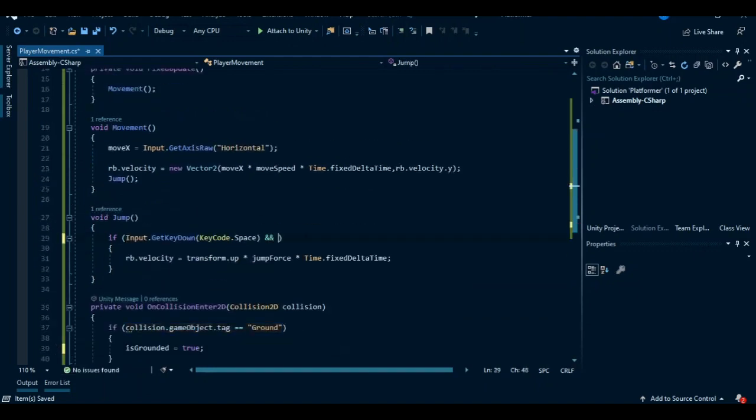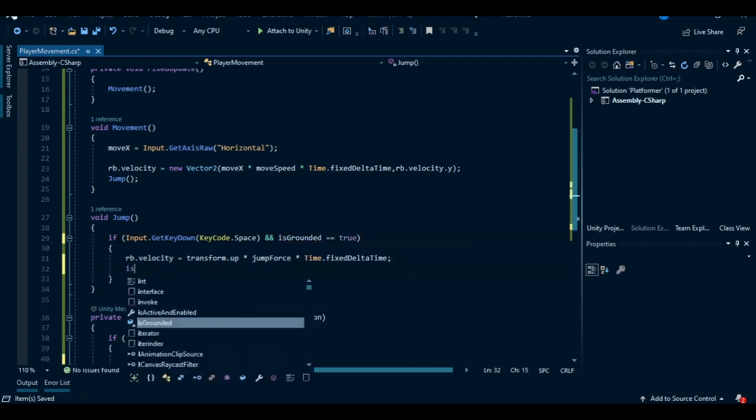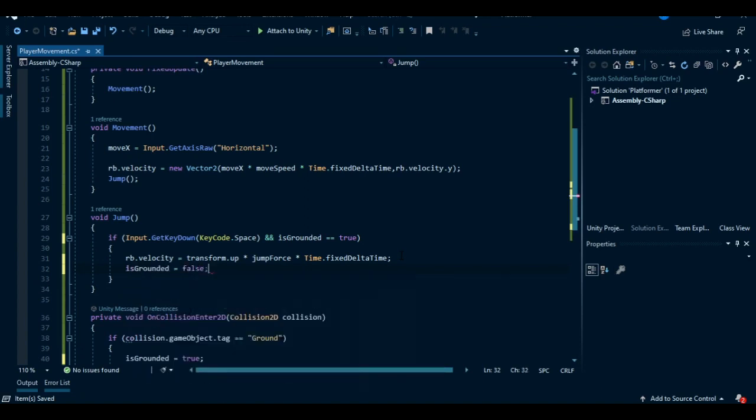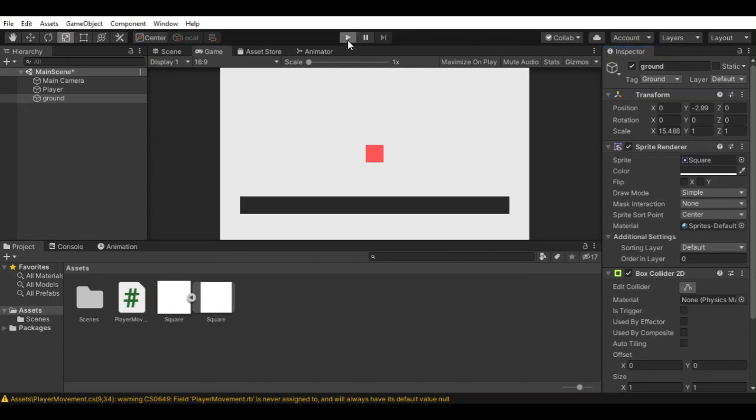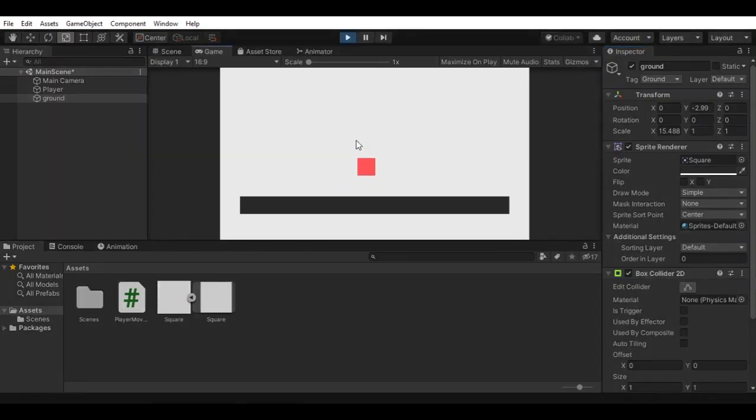And in the Jump method, the statement will also check for isGrounded. If it's true, then only we can jump. And inside the if statement, set isGrounded to false. That means when we jump we are not on the ground. Now go back to Unity and let's check if it's working or not. As you can see, now we are not able to jump in midair, but it's kind of boring without any animation,